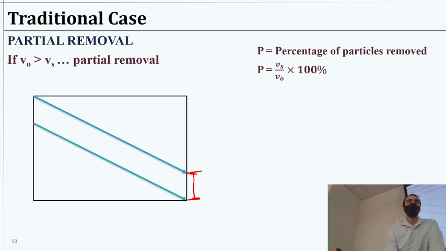This amount of particles were not removed. That's the same as saying this amount here. So that's equivalent there. And essentially, with a bit of geometry, we can say, well, if our V naught is this guy, that line, we can compare the Vs to the V naught and see essentially what portion of this entire